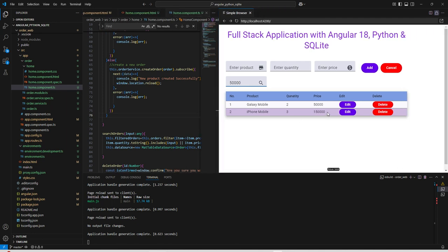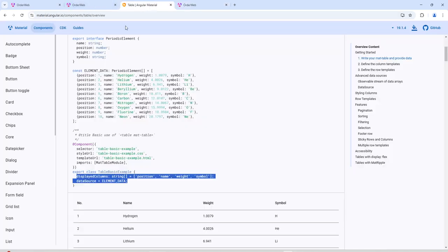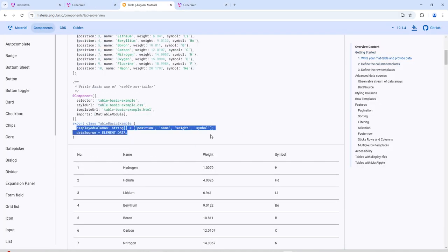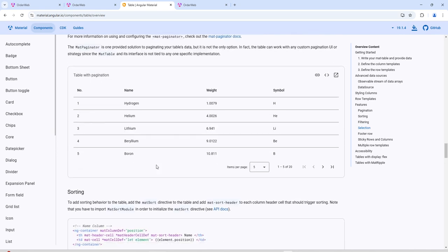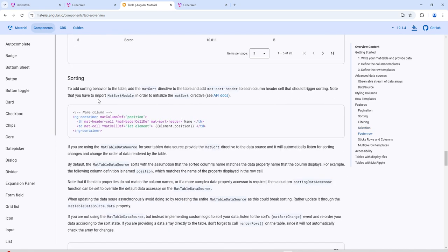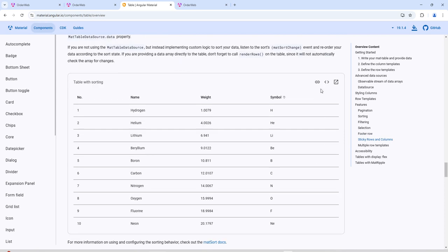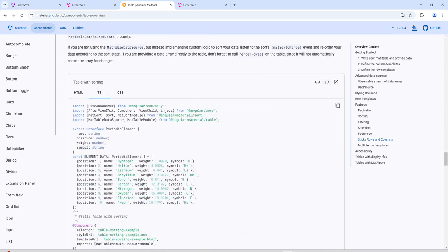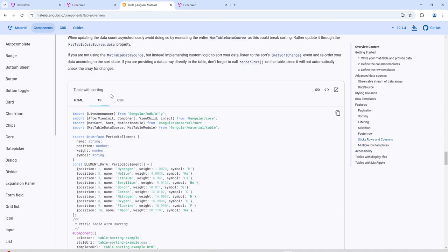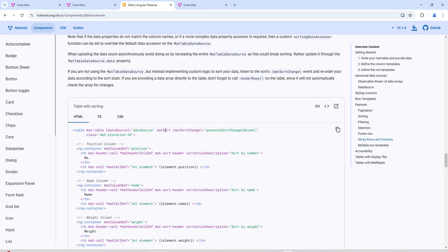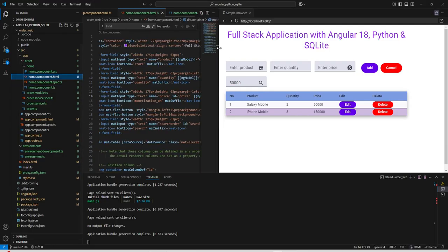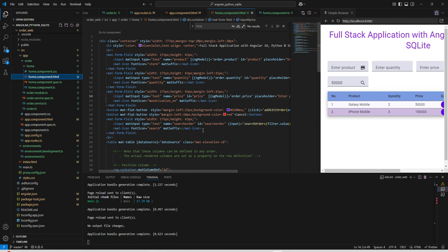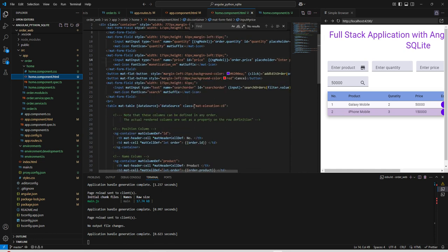Now let us focus on our sorting functionality. For that, we can go to the table once again, and here we can see the sort. We can go below, and this is the pagination, this is the sorting part. Now, to implement the sorting functionality, if we go to the TS, at table level we need to add mat sort. We can copy it and add it to our table. So this is the table, and here we can add this